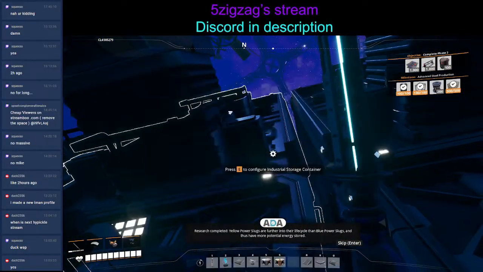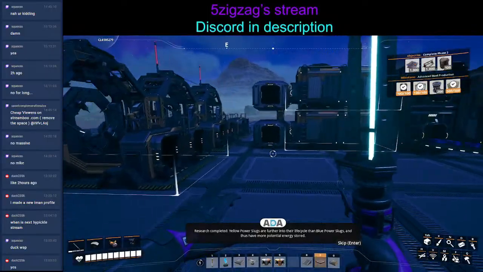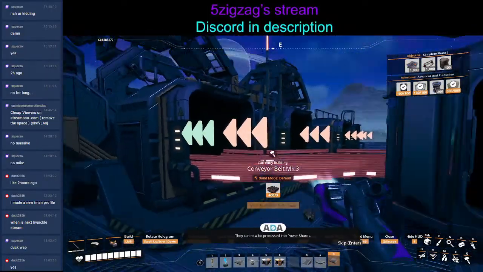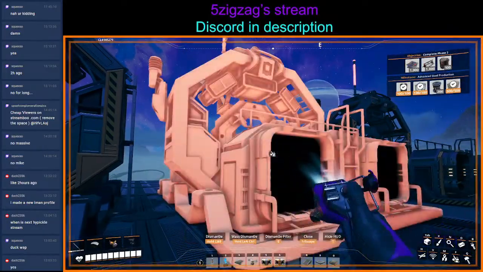power slugs are further Though into I their have life one. cycle I than got blue one. power slugs, and thus have Where is more it? potential I energy forget, stored. but I found They one can and now put it be in a chest processed into somewhere. power shards. Okay. Cheats and then...